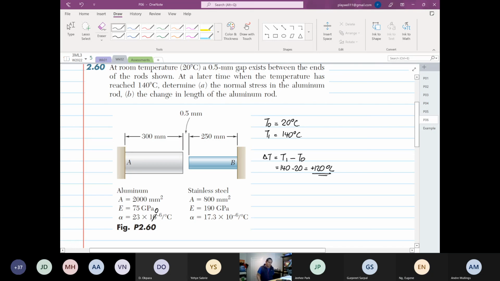Now this question is a bit tricky. Why is it tricky? It says that there's a gap. So I want us to do some interactive thinking. If this structure's original temperature is 20 degrees and the final temperature is minus 200 degrees,